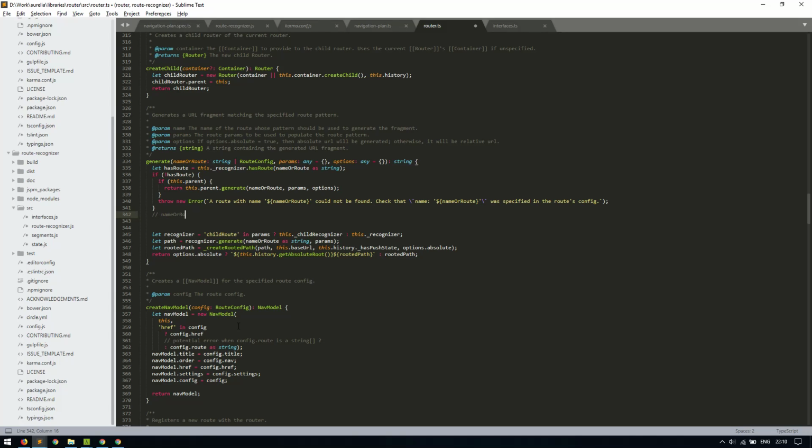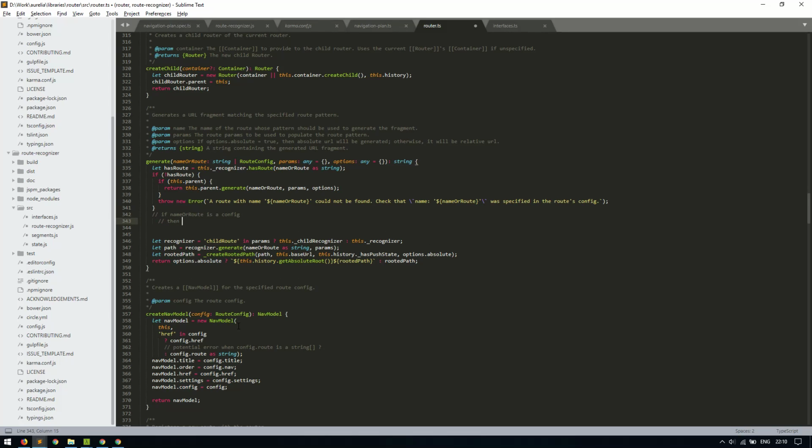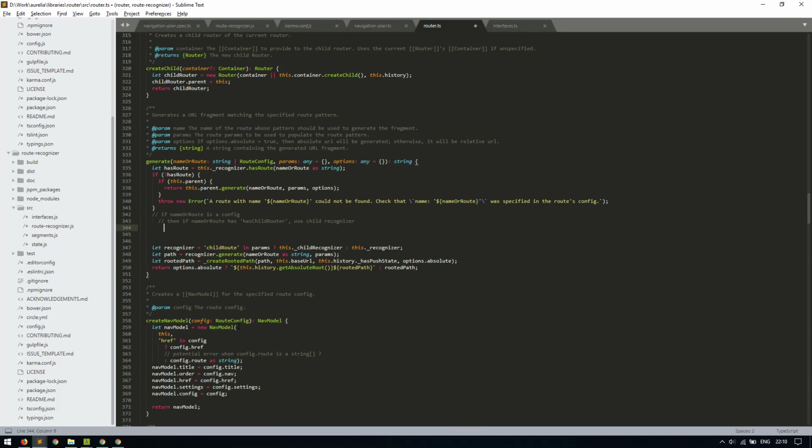If name or route is a config, then if name or route has child router, use child recognizer. Otherwise, if params has child route,